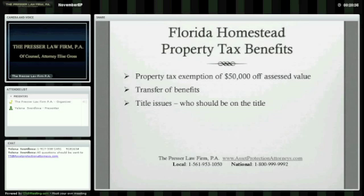So for years, she was just paying whatever the tax bill was that they sent her. And then all of a sudden, they sent her a bill for more than $30,000 in back taxes, interest and penalties, and said you need to pay, I forgot how many days it was, or they would lien the property and continue to charge interest and penalties,